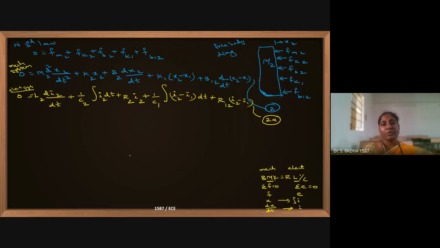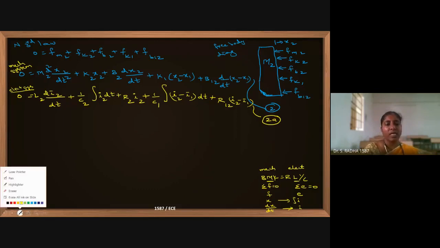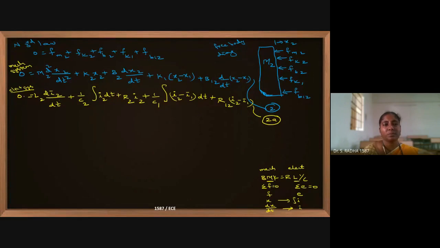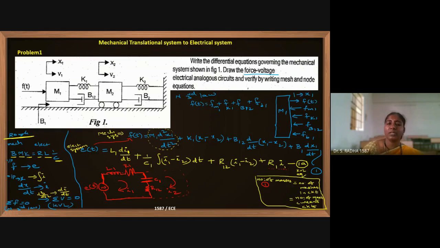Now I have to use this 2a and complete the circuit. The circuit is halfway. Only the first mesh is completed because we have only 1a. Now I use the 2a equation to complete the second mesh also. Equation 2a says 0, meaning no applied voltage, so no separate voltage source will be present in the second mesh. I come to the first term on the right side, L2. Only current I2 is flowing.